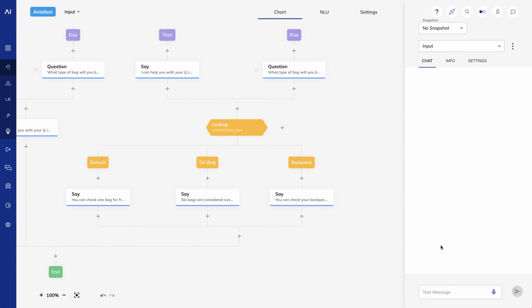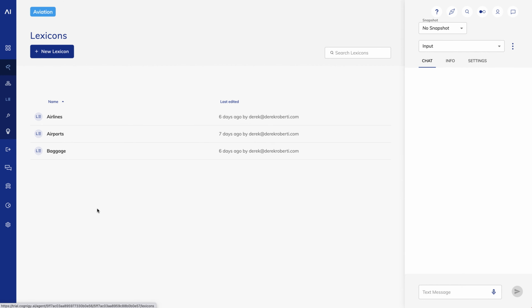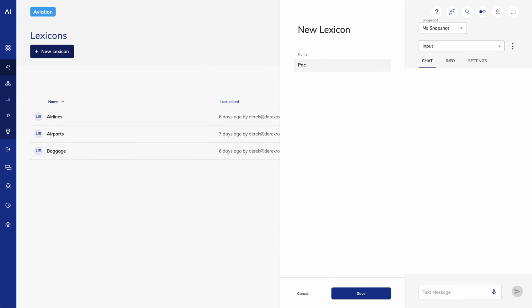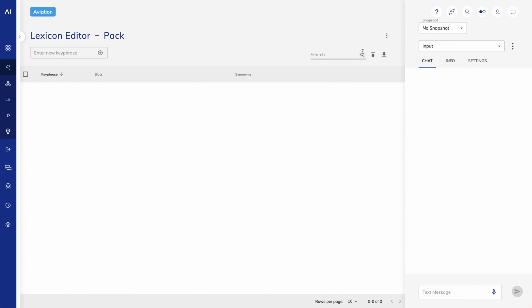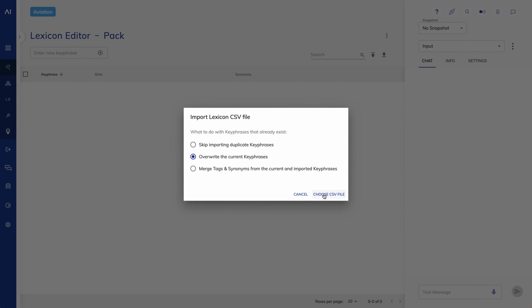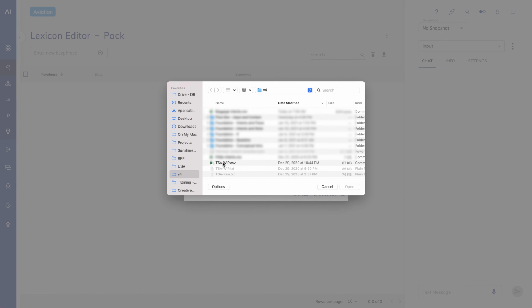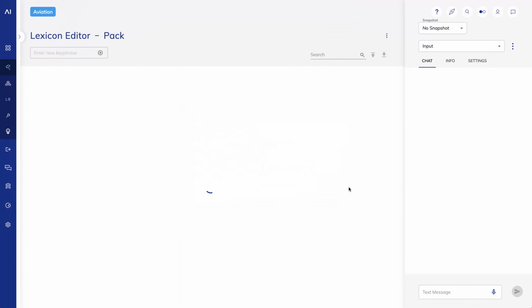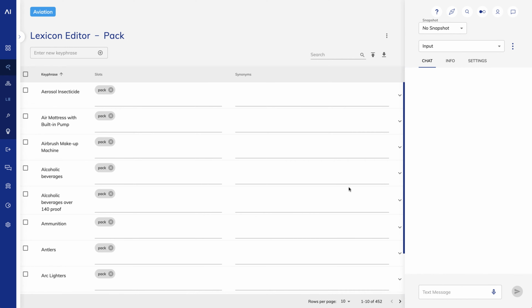I've downloaded a list of 452 items you might bring on a plane and their related rules from the U.S. Transportation Security Administration website. I converted the list to a CSV file and uploaded it as a lexicon in Cognigy. The other thing I did was to append data elements to the lexicon.